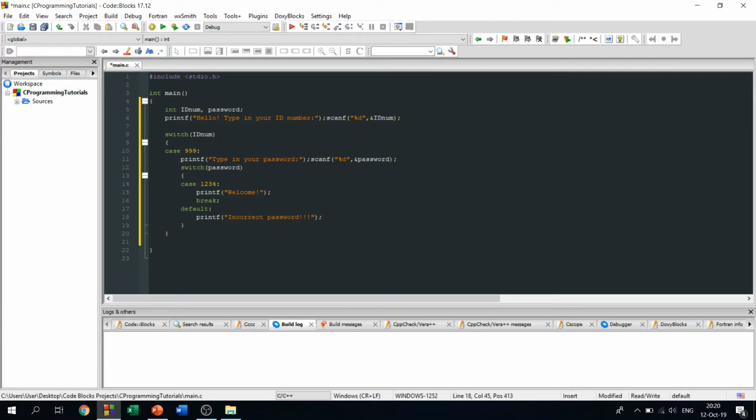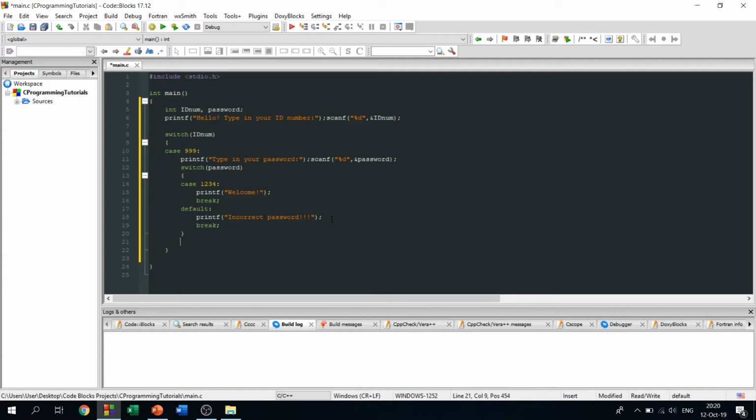Okay, so as you can see here, let's say that user types in everything good. If this break wasn't here, then it would print out welcome, and at the end it will still print out this, because we didn't have this break here to stop this switch statement and to make the program go right underneath this curly bracket. Okay, so I'll actually place a break here too,